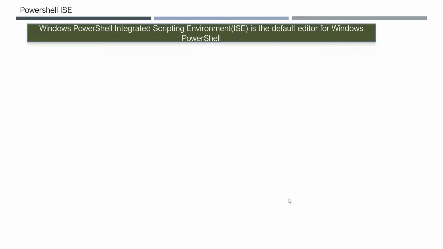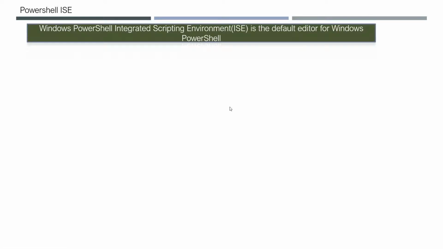Let's say I type get, then it will list all the commands that start with get, right? You don't have that intelligence in the command prompt, and that is not convenient for writing scripts. So for scripting work, we will use the Windows PowerShell ISE, Integrated Scripting Environment, and this is the default editor for PowerShell basically.